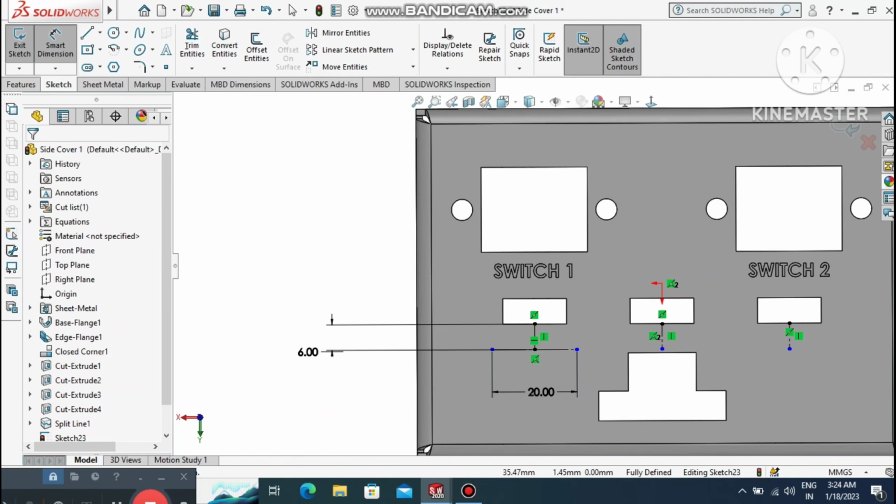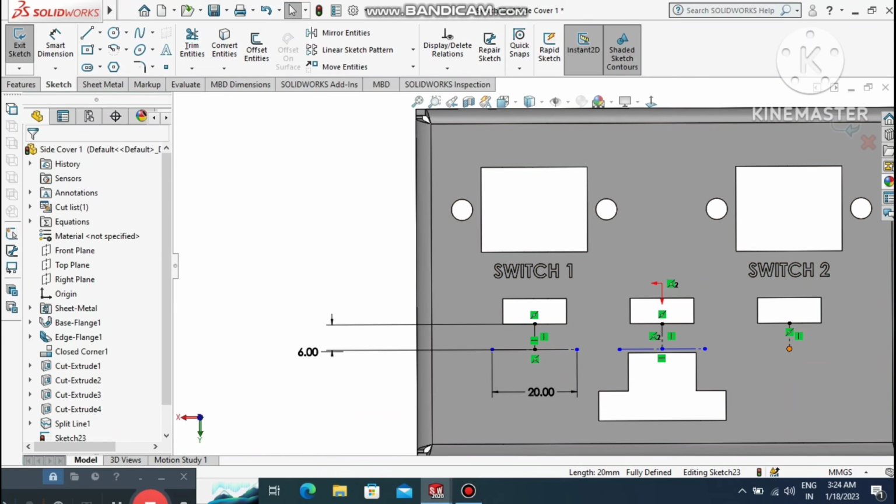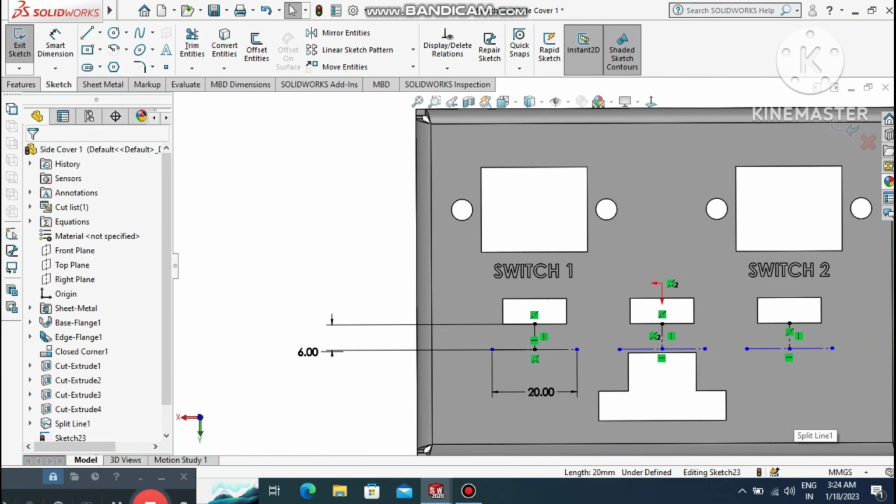Okay, now go to the smart dimension, select this center line and this point. So first we make this copy, select this point and drag and move to this midpoint. Okay,